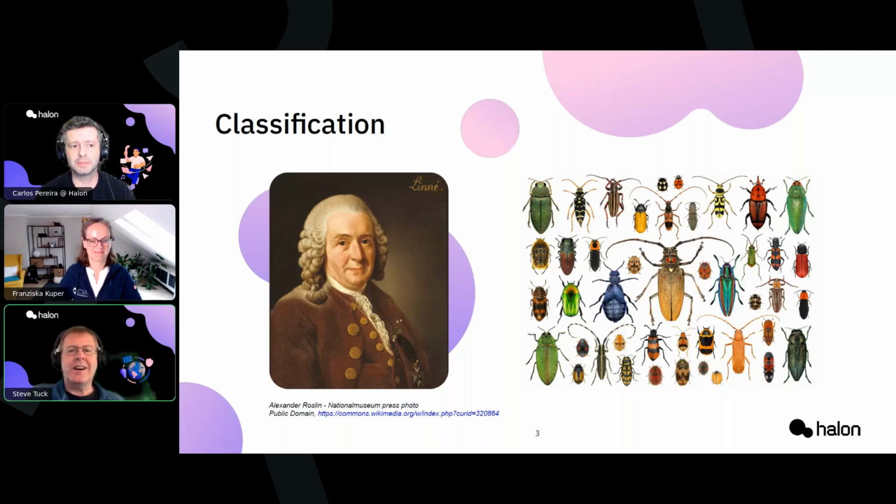Yeah, it's a Swedish guy actually, named Carl Linnaeus. And he broke new ground by classifying and subdividing the natural world into species. He catalogued many forms of life, including hundreds of beetles. And today there are over 400,000 known species of beetle alone.